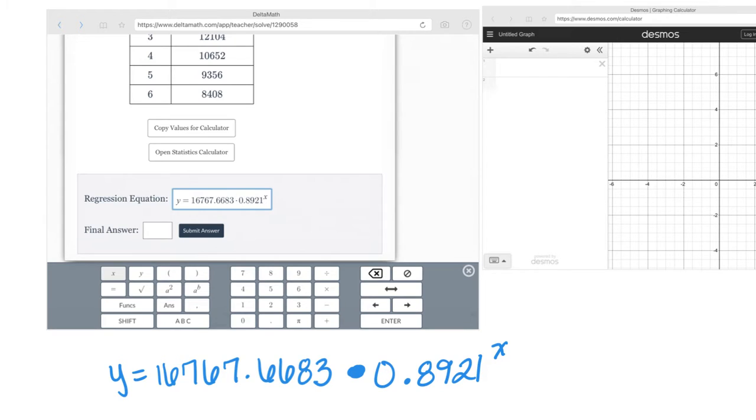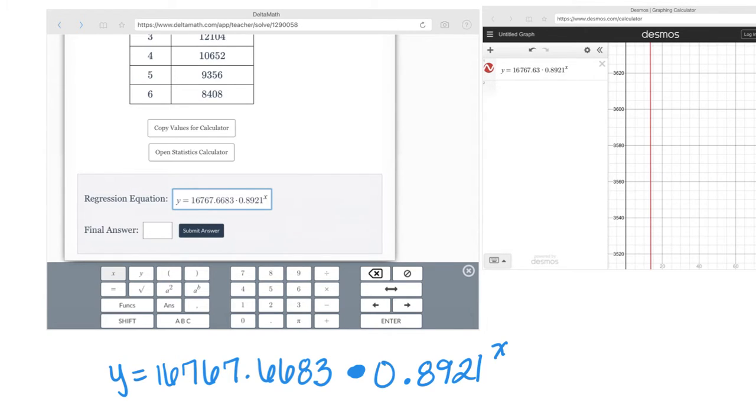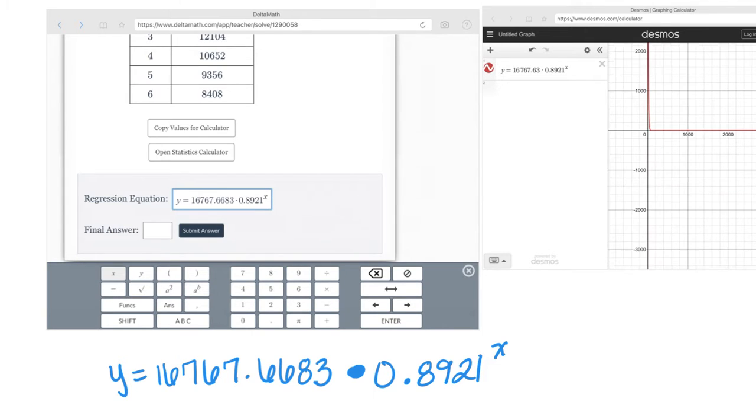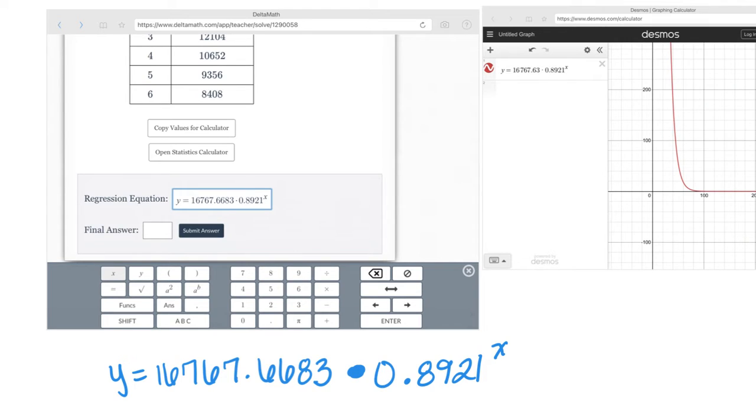So I use the calculator in Delta Math to write the regression, and then I'm going to use Desmos to evaluate. So pop on over here. I've got that regression already set up. Here's what that graph looks like. I've zoomed in a lot. So here's kind of the screen you're going to see. So there's the exponential regression model for this car. So Delta Math